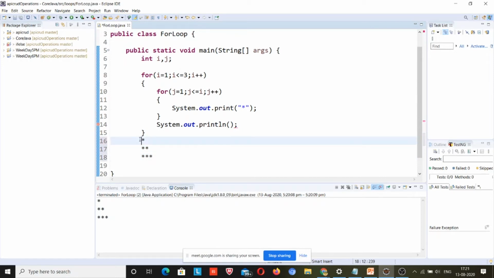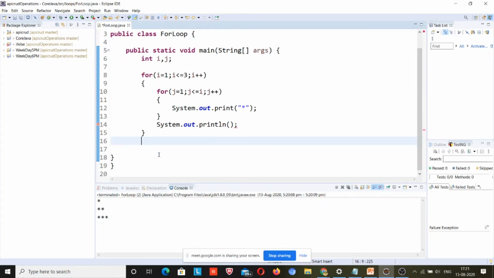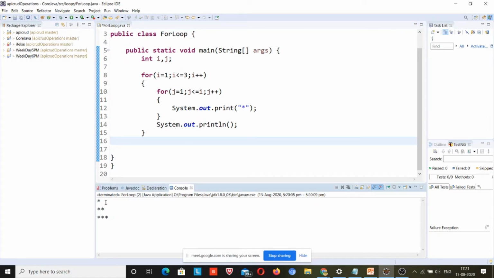So no, you don't need to learn code, just understand how to write the logic. If you are printing a star, you can understand there is a line break over here, right? If you do not provide the code for a line break, there will be no line break. The code is not going to do anything by itself, you have to write everything. So if you want a line break, you have to write code for the line break also.